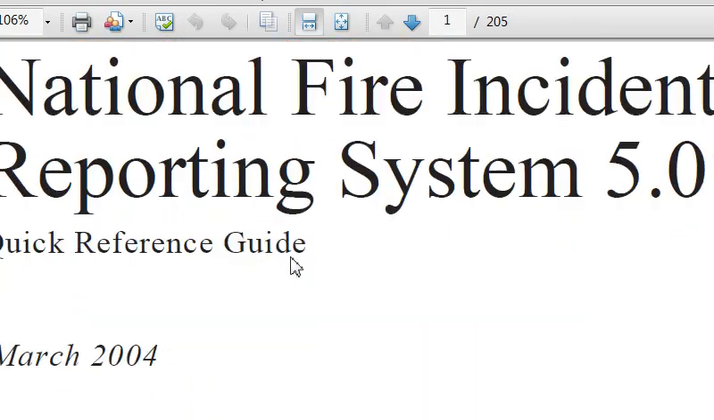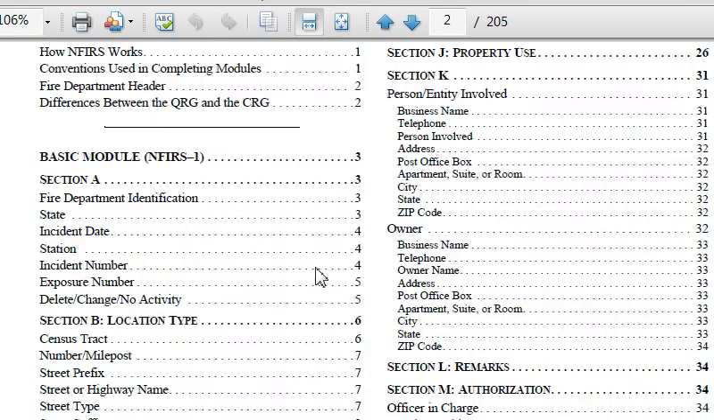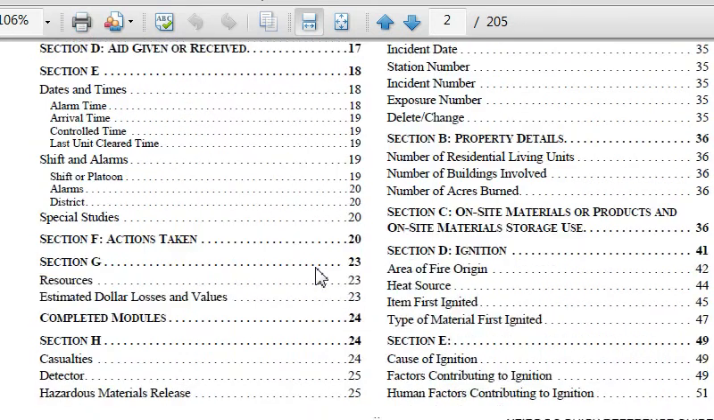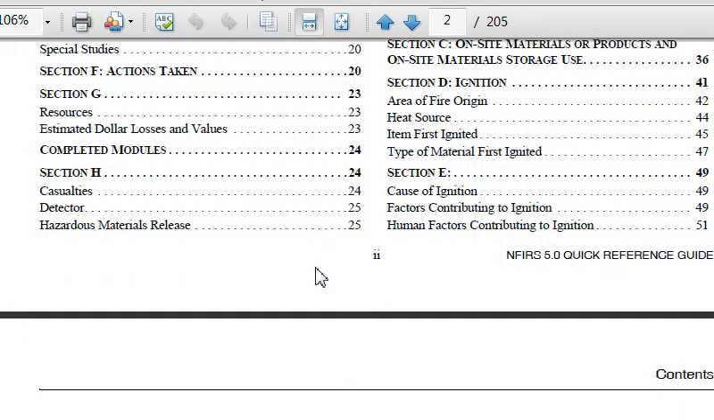you can see we've got a pretty long document. In fact, this one's 205 pages long, a PDF document on essentially how to fill out the NEFRS reports, which is of course what Firehouse software is based off of. This can be a little overwhelming, so one of the tricks I wanted to show you is that if you